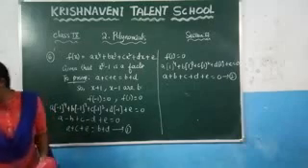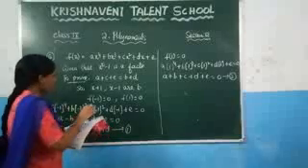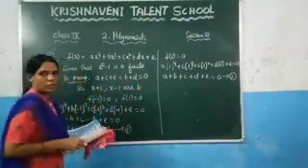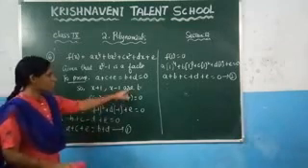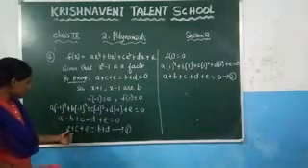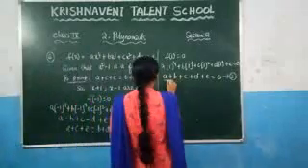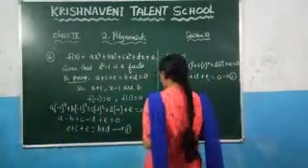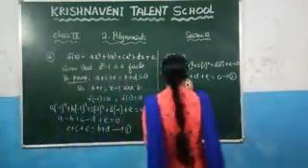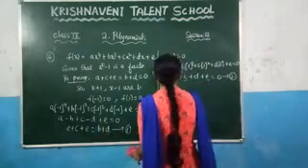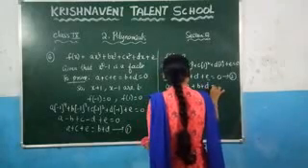And after that, what I have given here in the question, they said that we need to prove this one is equal to 0. Right? Now here we got these two values are equal and we need to prove these two values are equal to 0. Now here, just in place of a plus c plus e, substitute here b plus d. In place of these three values, you need to substitute here b plus d. So substitute here a plus c plus e is equal to b plus d. So you can write this one as a plus c plus e plus b plus d is equal to 0.